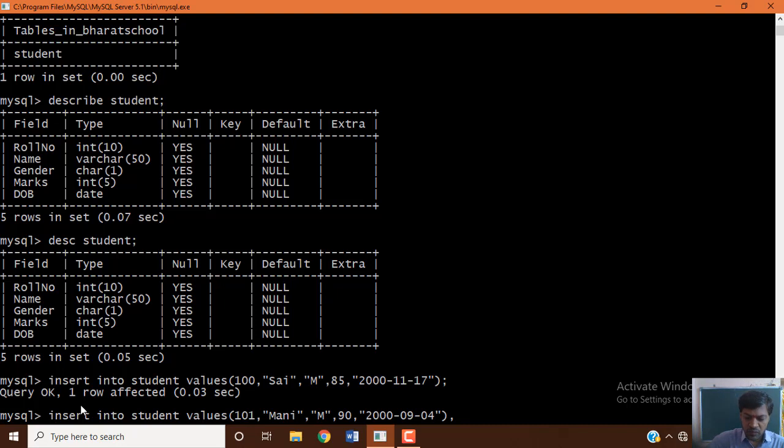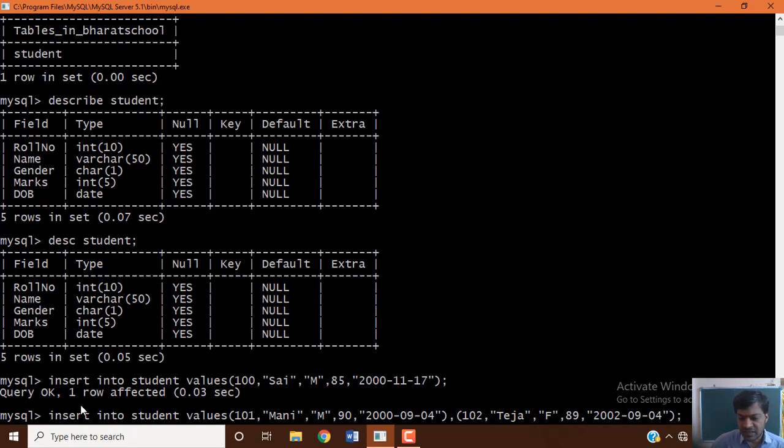Comma, one more record can be inserted, 102, comma, name, again gender, then followed by marks, comma, date of birth, followed by month, then enclose.